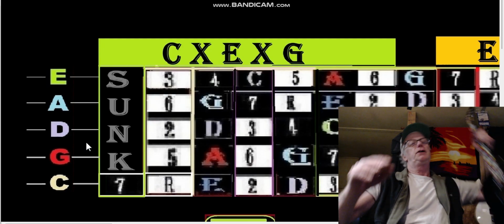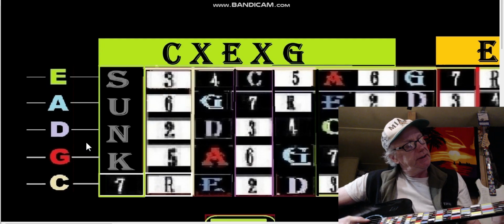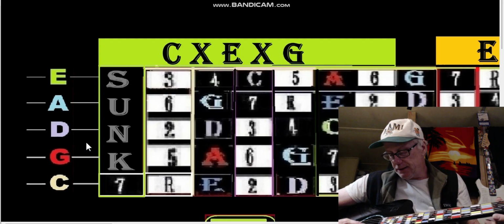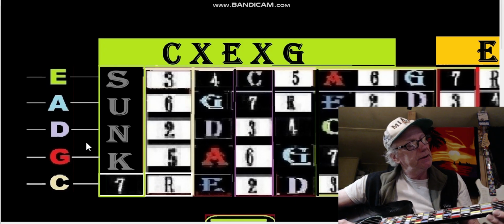Regular guitar, we've got E, A, D, G, and then C, and then B here, but that would be